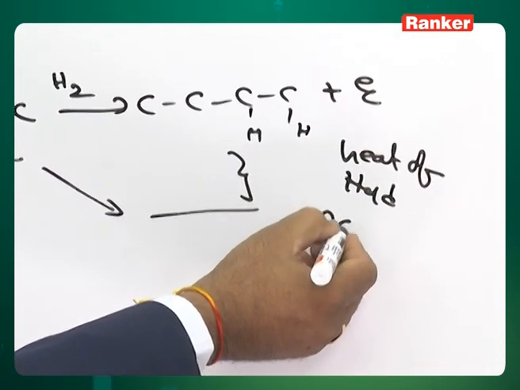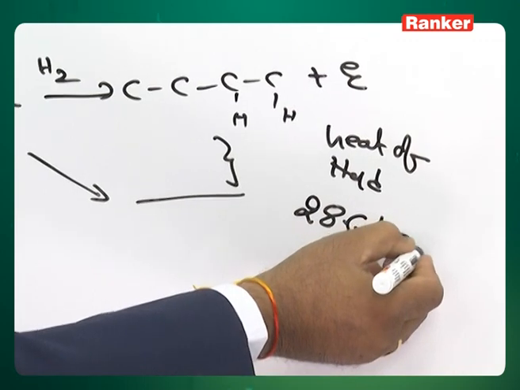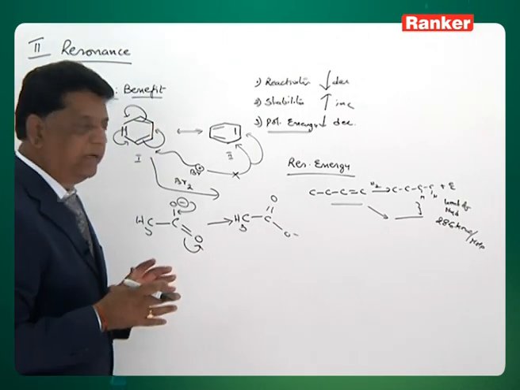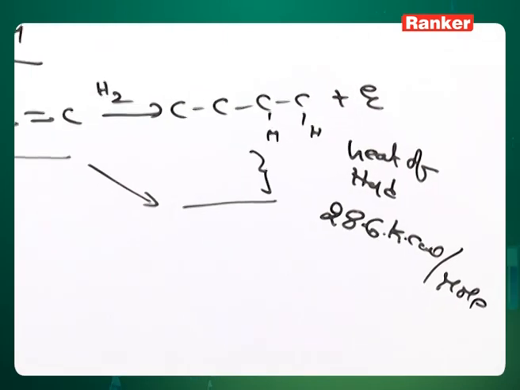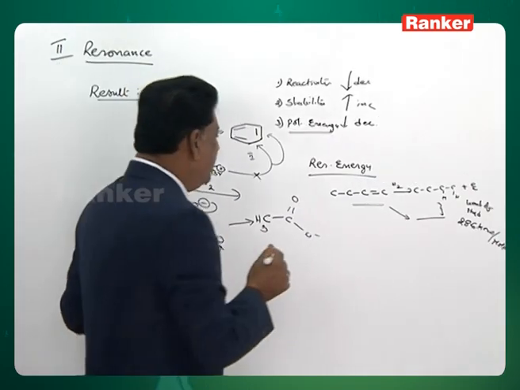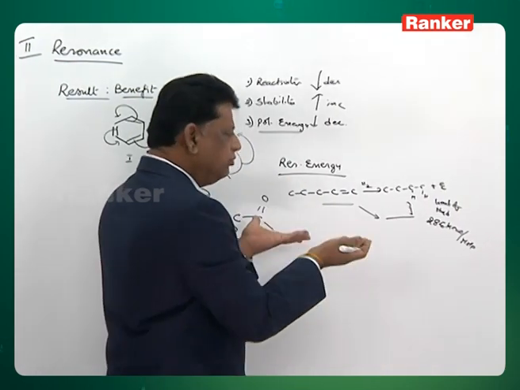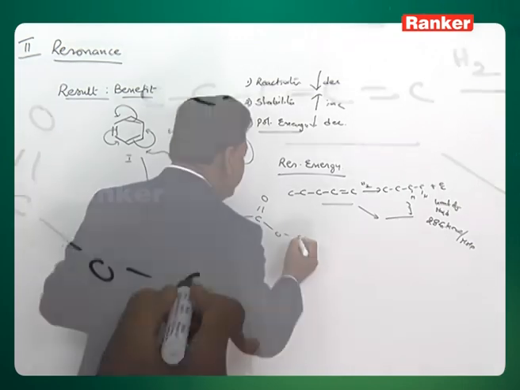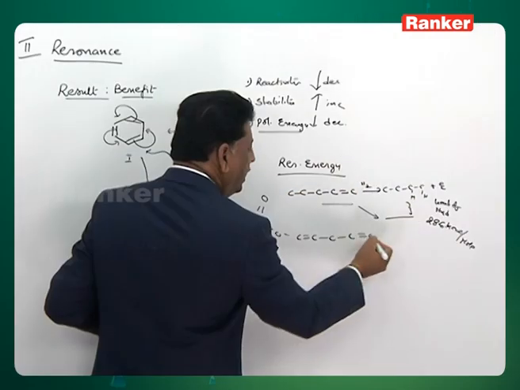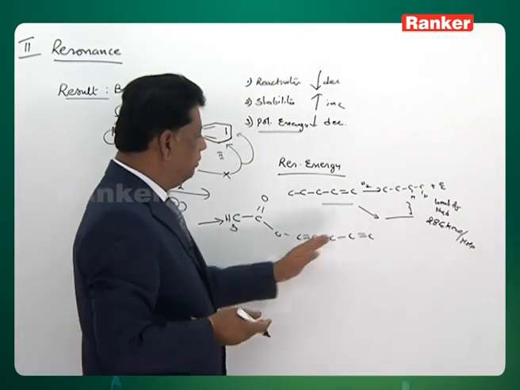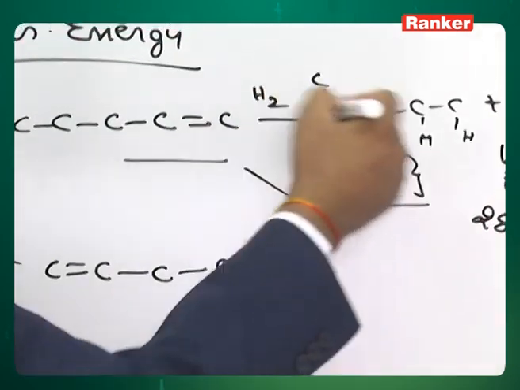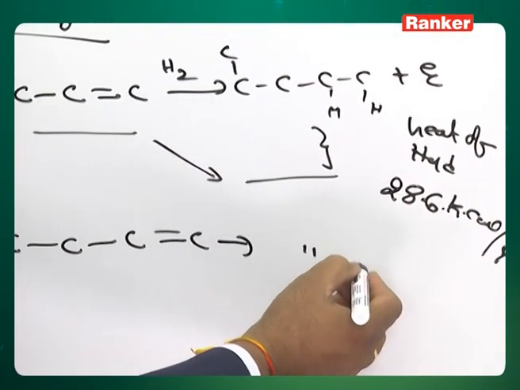This is calculated as 28.6 kilocalories per mole. This is a standard value in organic chemistry. For one double bond, whether it is ethylene or propene, you can take roughly 28.6 kilocalories per mole liberated. If it is 1-pentene, it also makes not much difference, the same energy will be released. If two double bonds are there, you can say that it will give the same pentane. Here pentane I have taken, I will get pentane plus some energy. Here also the same molecule, how much energy?